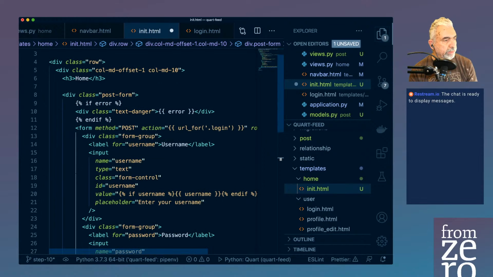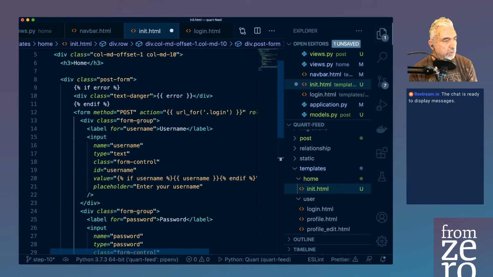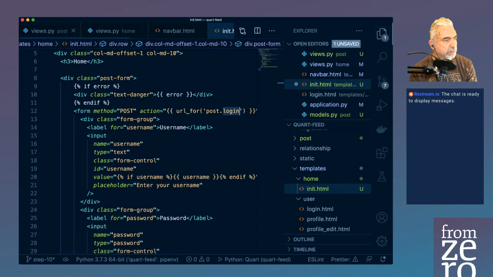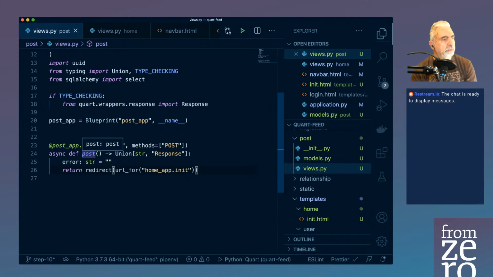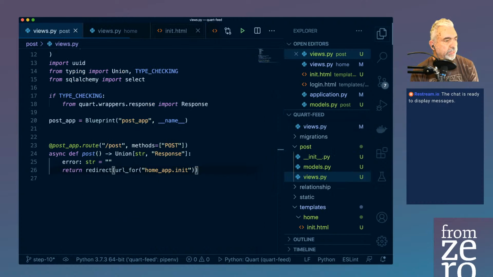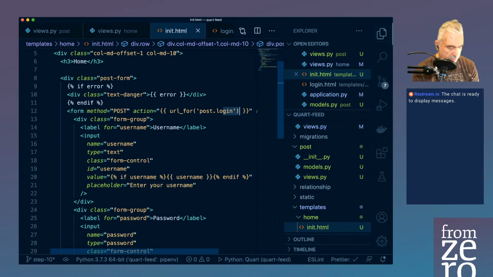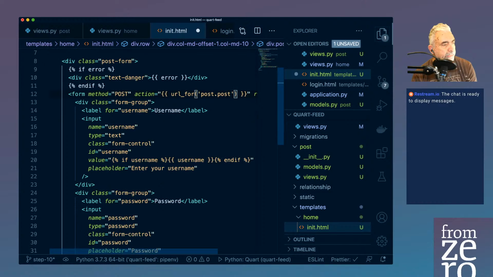Now we only need post and slash, what was the name that we gave it? Post. Post. I mean, it's okay, I guess. Post. And then